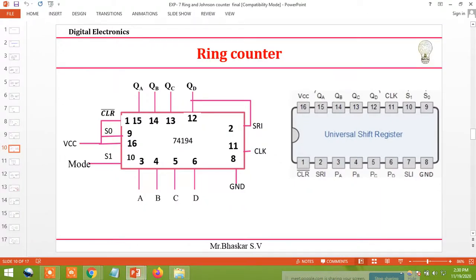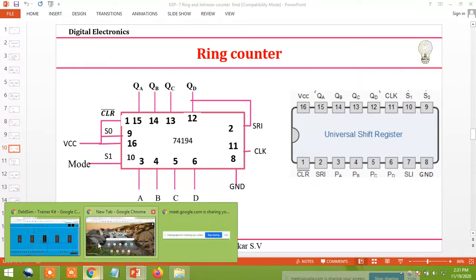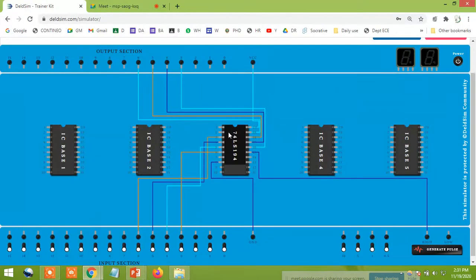And next, something we connected to VCC. Carefully see pins 1, 9, 16. Pin 16 is already connected there. You connect 1 and 9 also to VCC. Just connect 1 to VCC, and 9 also, counting 7, 8, 9, you need to connect it to VCC.